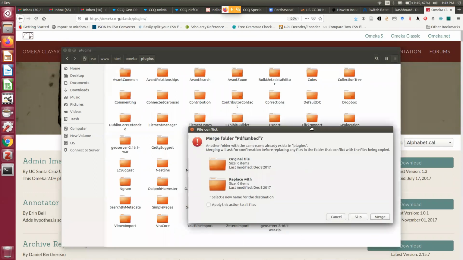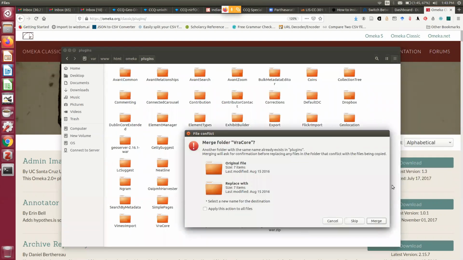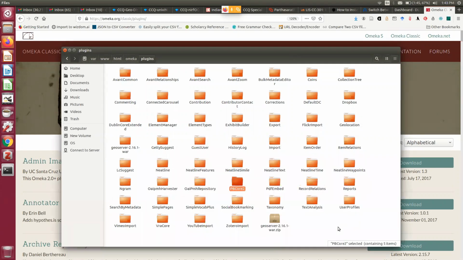It is saying my PDF Embed is already there, so I am skipping it. VRA Core is also there. So I have only been able to provide PV Core 2, because VRA Core and PDF Embed are basically hidden plugins of a kind. So PV Core 2 I have just installed additionally.